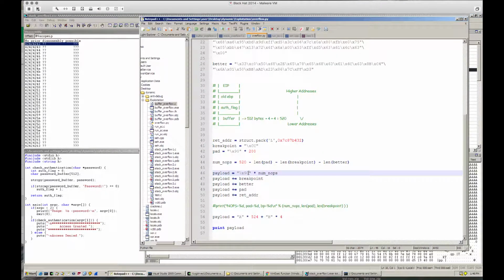Okay, so we say we want NOPs times this value that we've calculated. Then we want this breakpoint, and with a breakpoint you can have CC. That's our int3. If we inject a breakpoint, the debugger will break right before our shellcode. Then I want to add to my payload the shellcode itself, which I called better, then this pad. All this padding is doing is ensuring that we have 528 bytes total, because we need to have that